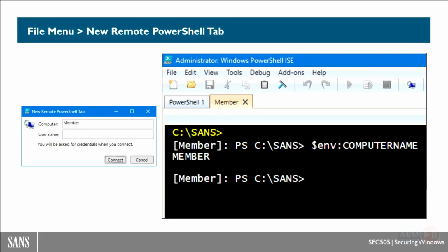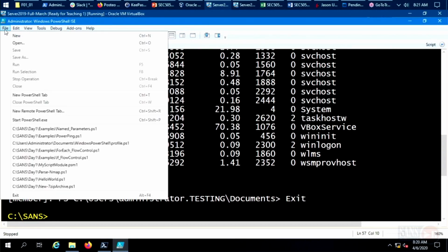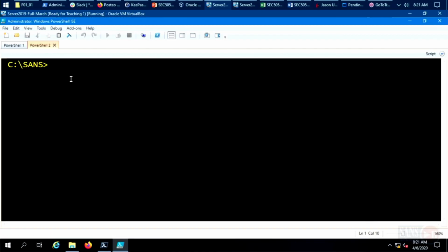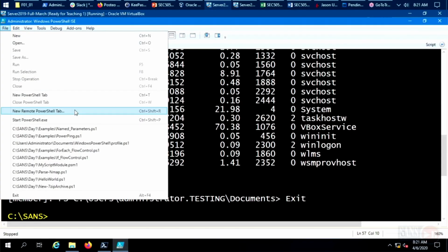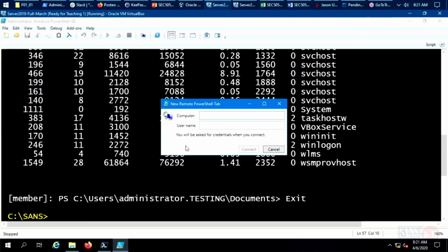Here's a nice trick. In PowerShell ISE, this is on your first VM, your domain controller, please pull down the File menu and select New Remote PowerShell tab. Go to PowerShell ISE, pull down the File menu, and select New Remote PowerShell tab. We saw yesterday that you can pull down the File menu and go to New PowerShell tab, and that opens up a new tab with a PowerShell session on the local machine. Now, by contrast, if you go to New Remote PowerShell tab,